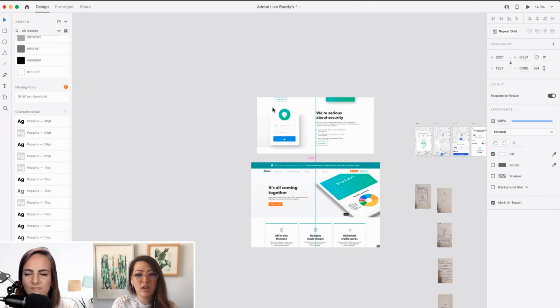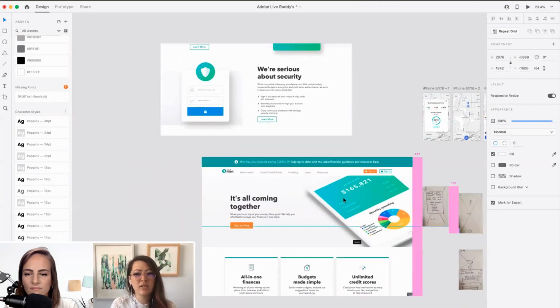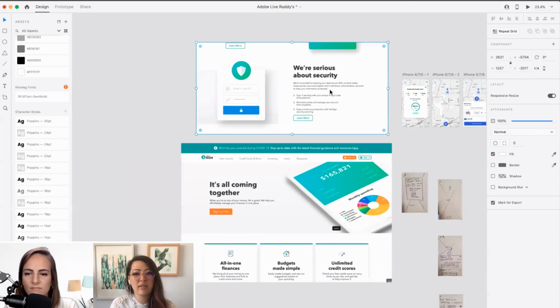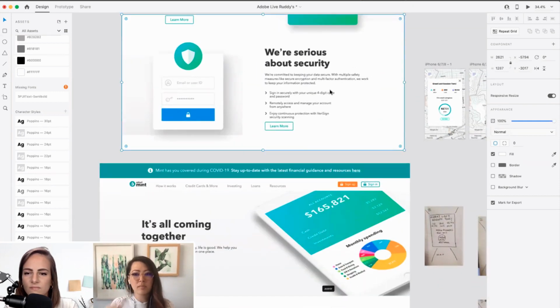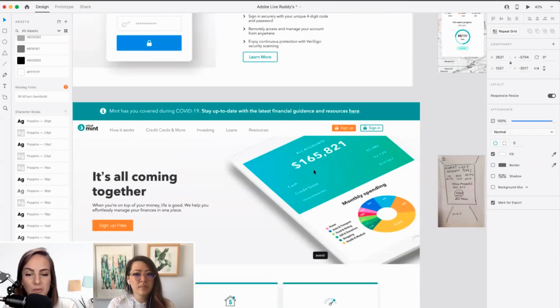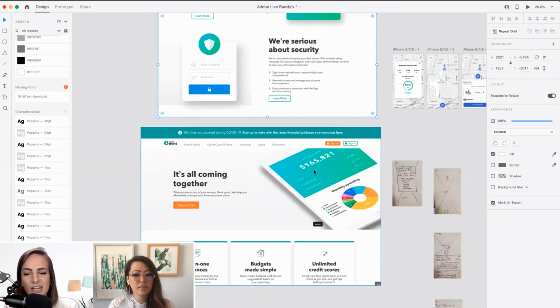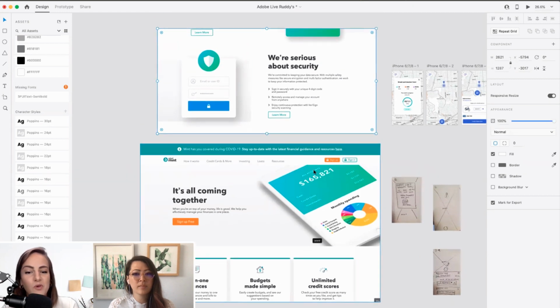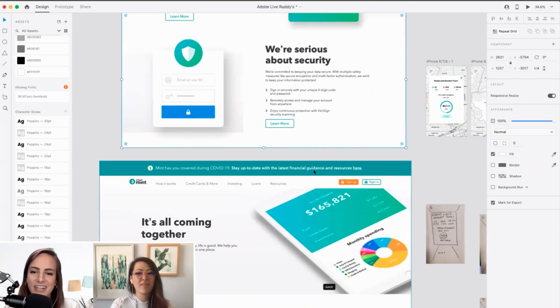So here are my screenshots so that I can start to pull in colors and just get an overall understanding of the look and feel that they have here. The thing I like about Mint's color scheme, at least, is that there's a little bit of the super bright green, but pretty much if you go on Dribbble and you look for financial apps, it's all just super lime, bright green. They didn't do that. So I appreciate that from them.